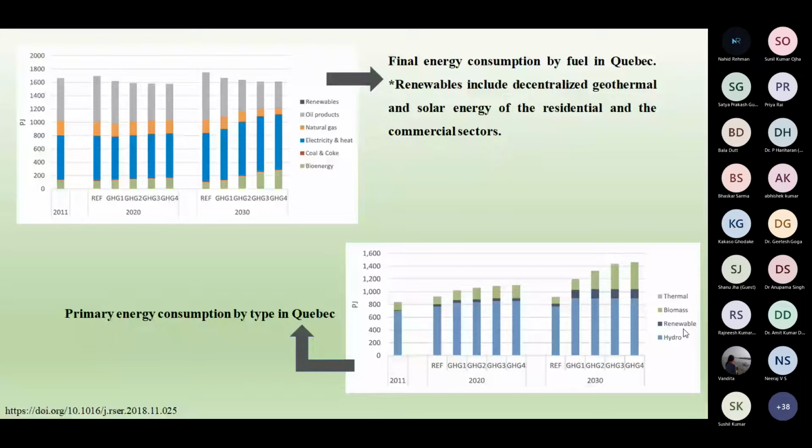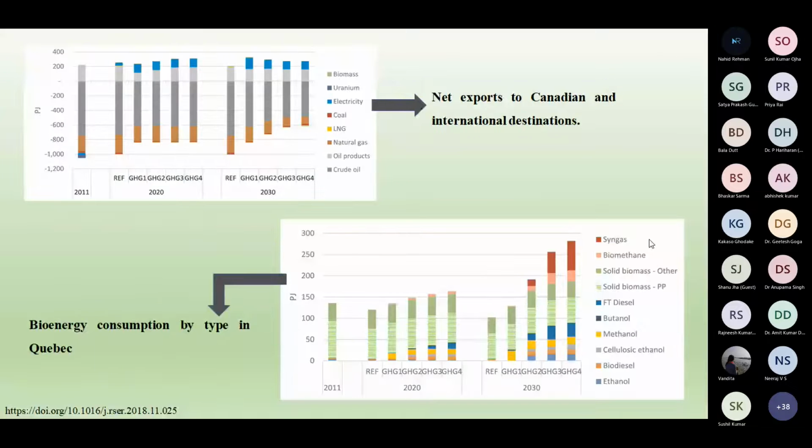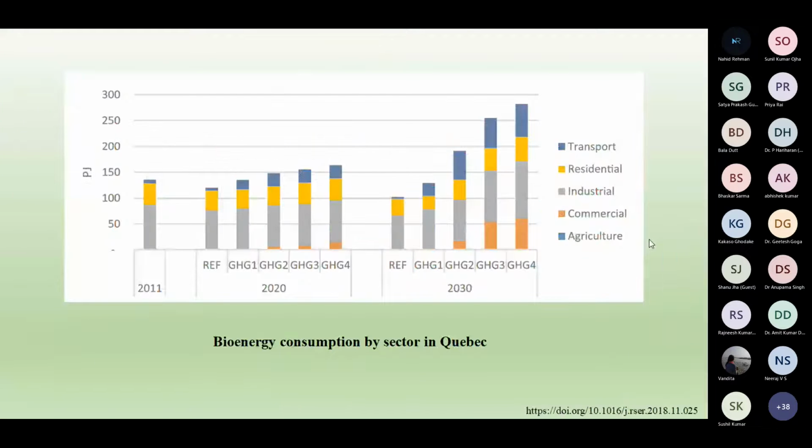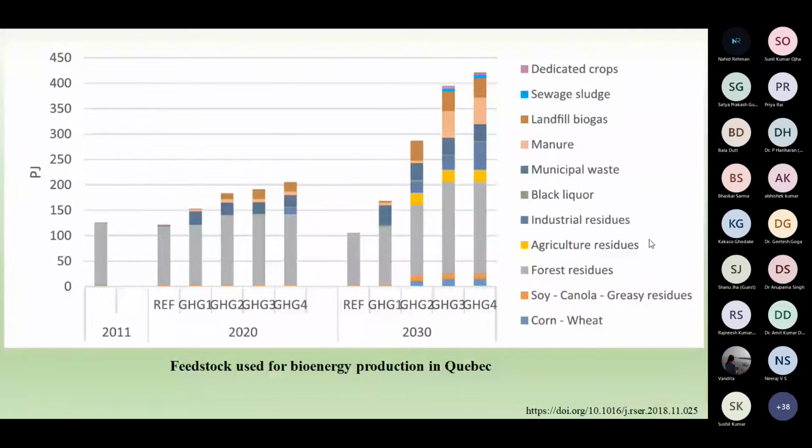And here it was the final energy consumptions by fuel. So it is all compared and analyzed in different ways. So how much bioenergy consumption, production, what are the feedstocks in Cuba, and